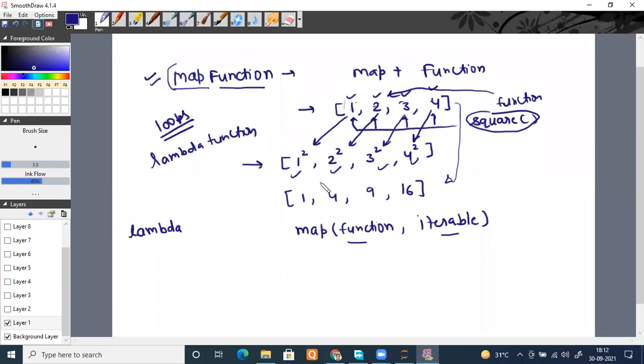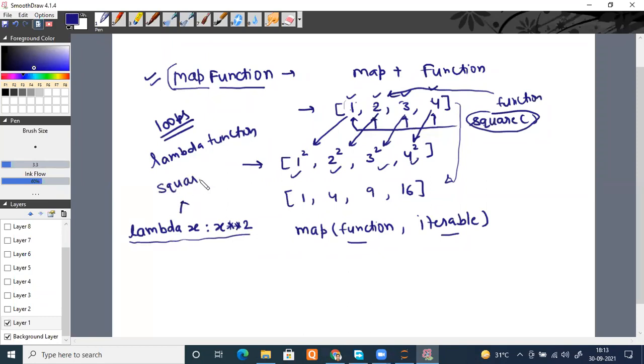For example, in this case I want just a square of a variable, so any name I can give, let's say x. After deciding the variables, what operation you want on that variable: in this case we want to square it. How will we square? x exponent, meaning 2 stars, 2. So this will be the function for a square in terms of a lambda function.